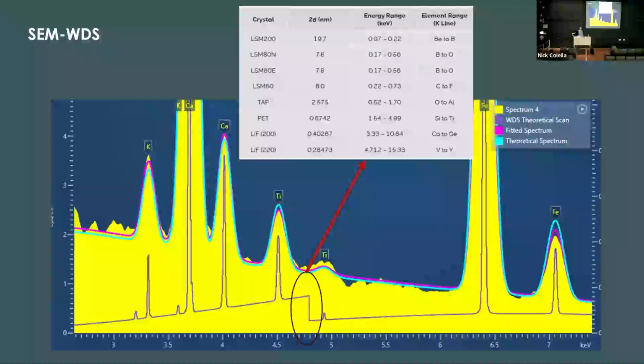That's okay. The energy range is so wide, like 0.7 to 0.8 is the same d. It's really hard sometimes to determine, right? Yeah, and so we actually don't have all of these crystals available. I think we have 5 or 6 different crystals on our spectrometer. Right, so we just want to make sure that we can cover the full range of the X-ray spectrum without any gaps, so that we can measure all elements that are present.